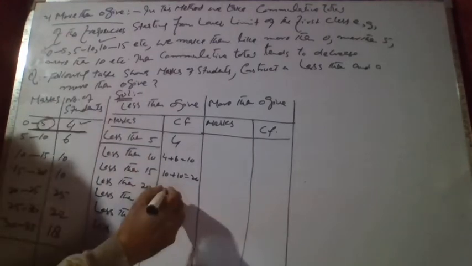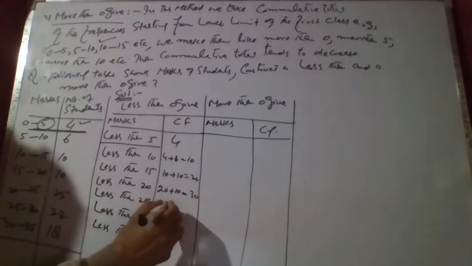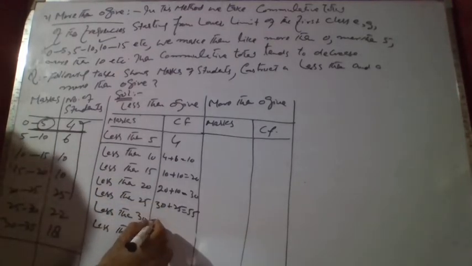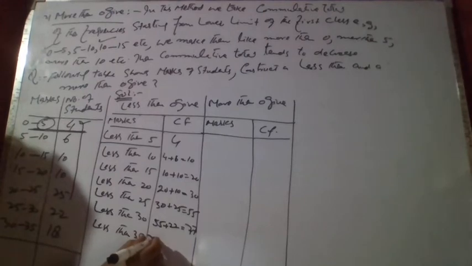इसी तरह लेस देन 20 में आएगा 20 प्लस 10, हो गई 30। इसी तरह लेस देन 25 में 30 और 25, इस सारे का टोटल 55। इसी तरह लेस देन 30 में 55 प्लस 22, 77। इसी तरह लेस देन 35 में सारा कुछ आएगा, 77 प्लस 18, 95।